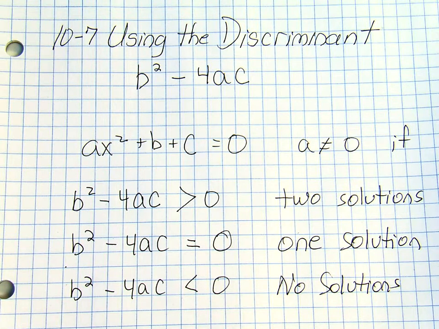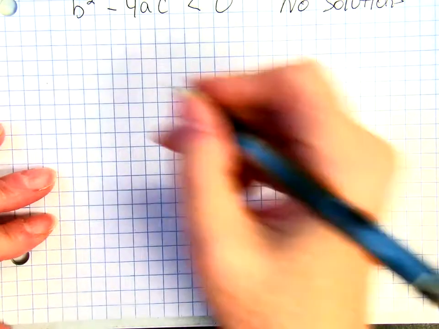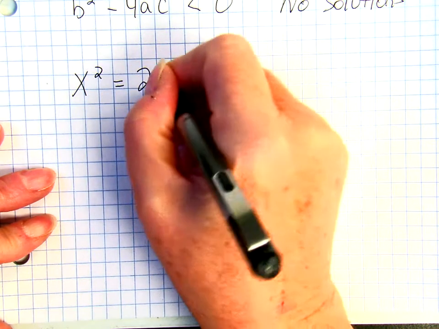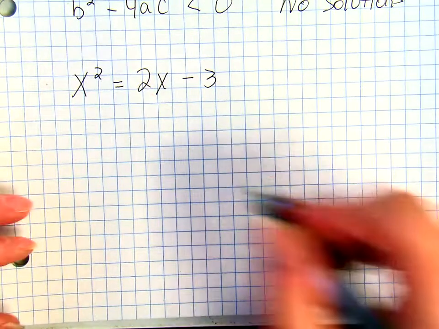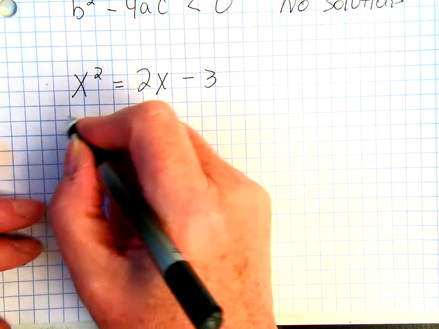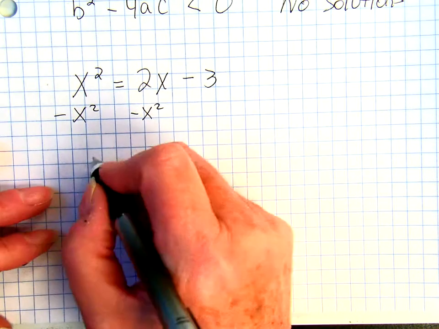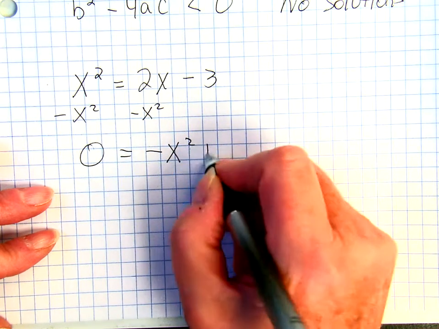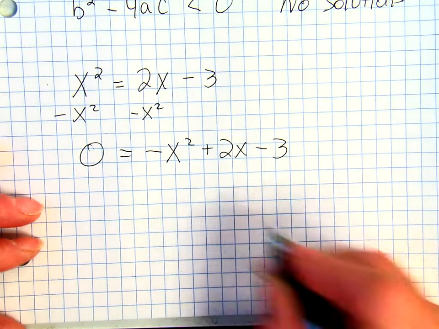So let's look at the first one of our equations, which is x squared equals 2x minus 3. Okay, the first thing that I'm going to do is subtract this x squared from both sides, so that I get 0 equals negative x squared plus 2x minus 3. I'm now going to take my